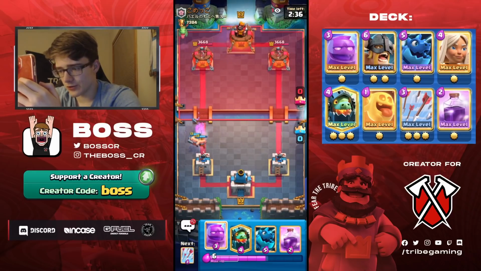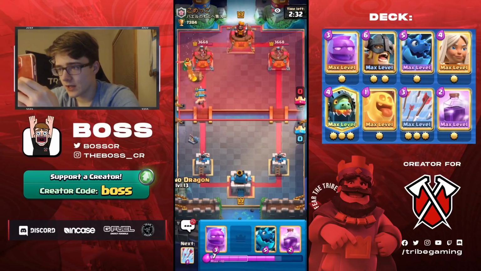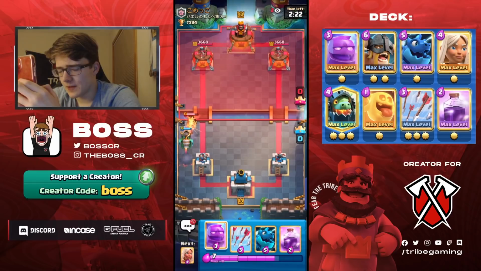He's going to go Baby Dragon. So Dark Prince, Baby Dragon could be Electro Giant. It could be Golem, but it's something... It's a heavy deck for sure. Depending on what he does, I might just go...